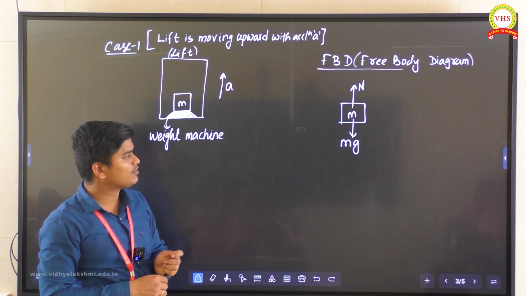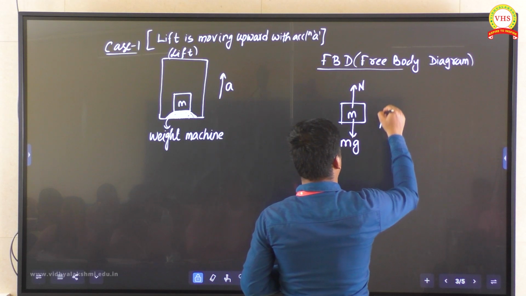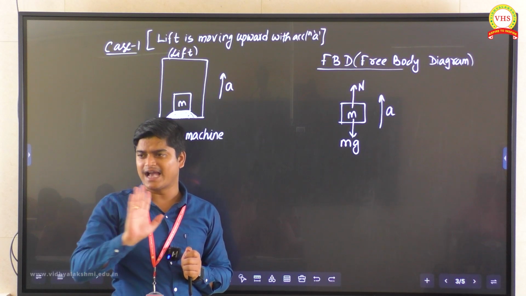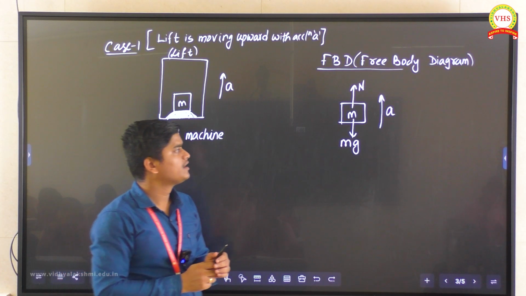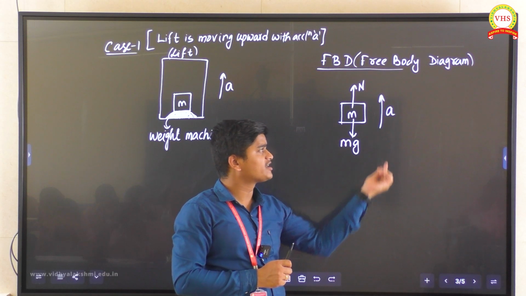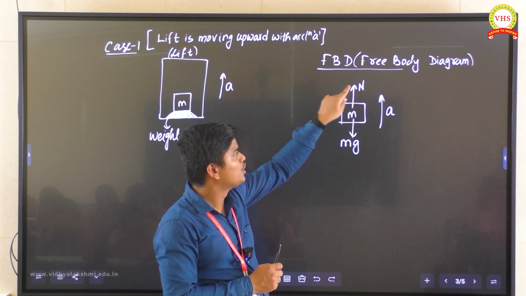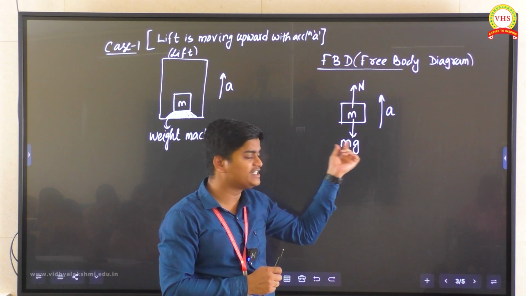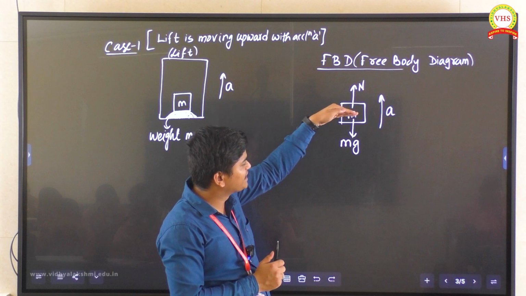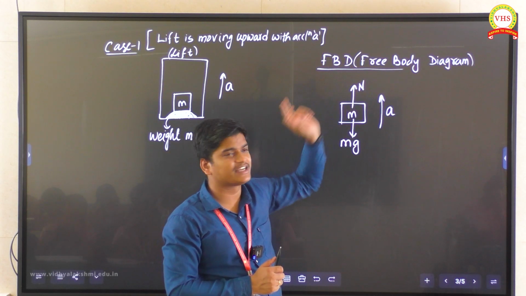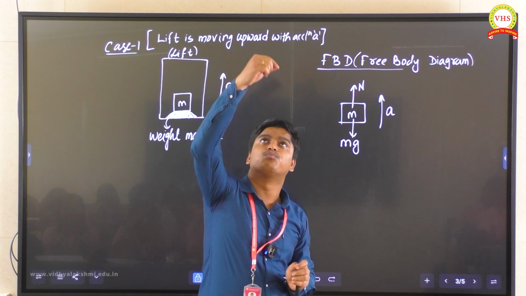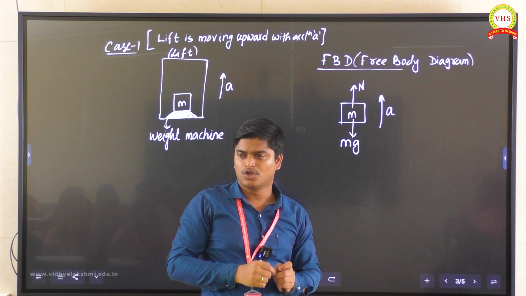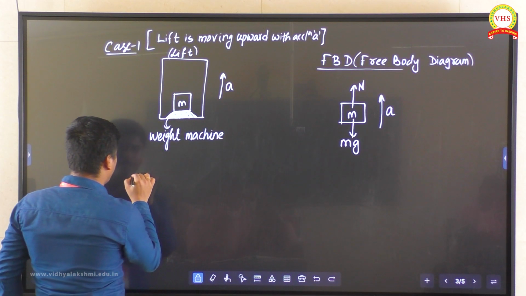Listen, next, this object is moving in which direction? Upward direction, with acceleration a. Now this object is moving with acceleration a in the upward direction. That means two forces are acting on this object: one force is N, another force is mg. Since this object is moving upward, that means this N is greater. N is taking that mass m towards the upward direction. Yes or no? So now I'll apply Newton's